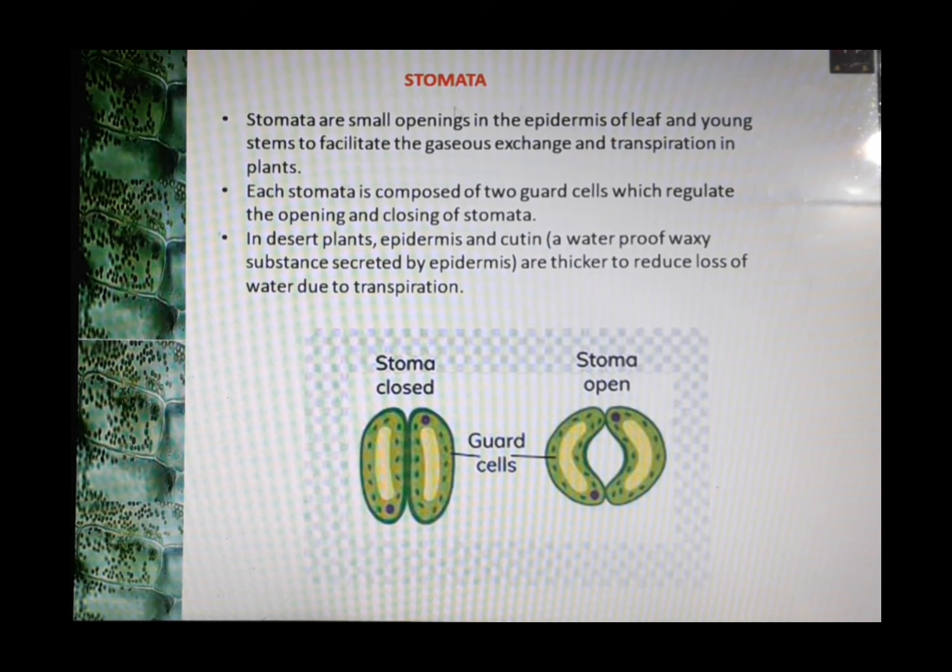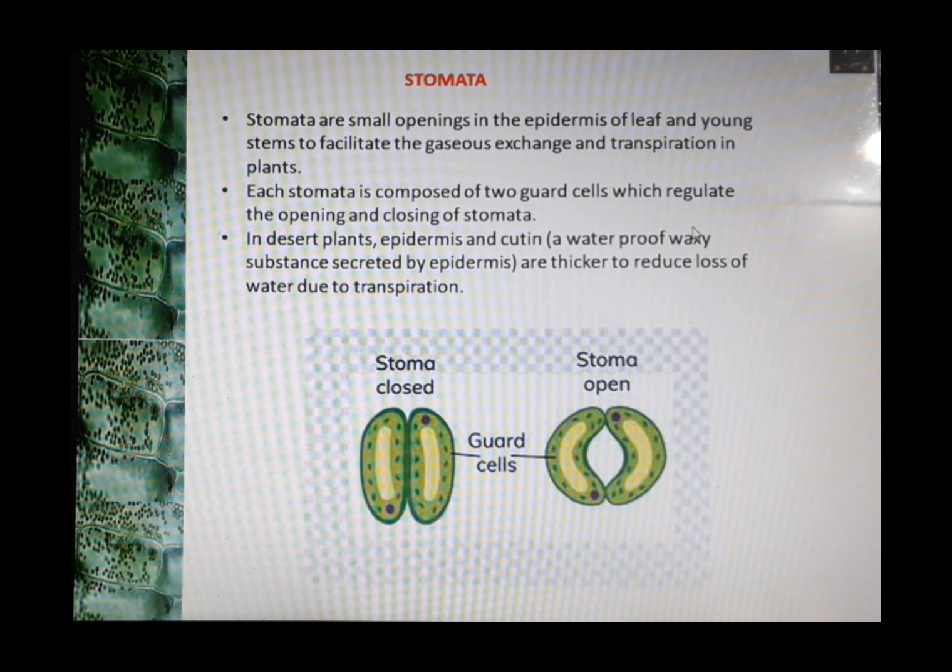These stomata are going to mediate the gaseous exchange. They would mediate the exchange of oxygen and carbon dioxide. And plus they also have one more function, that is transpiration in plants. Basically each stoma is composed of two guard cells. Can you see these kidney shaped or bean shaped cells? These two cells are together called guard cells, and these two cells are going to cover a hole or pore which is known as the stomatal pore. So this pore along with these two guard cells is known as stoma or stomata.